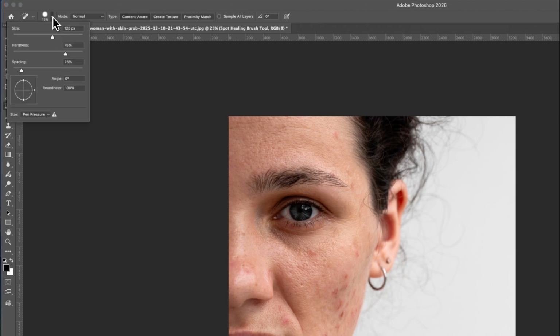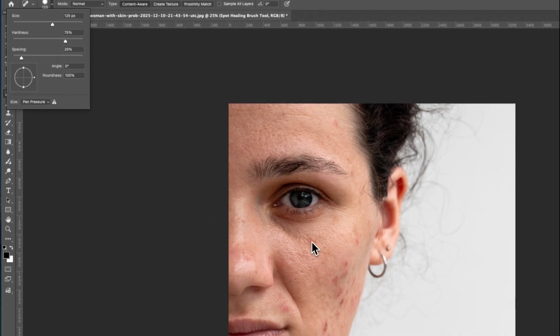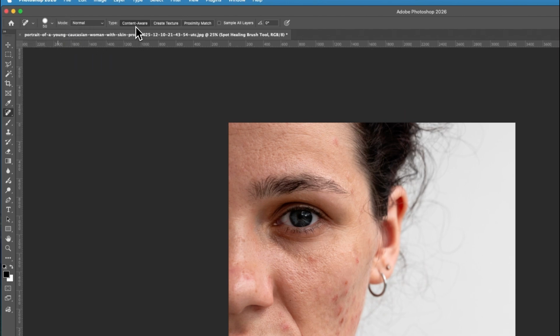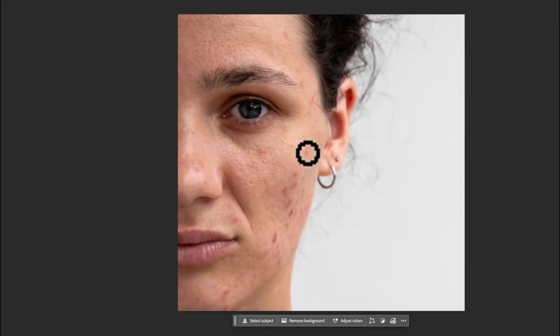Next, come up to your brushes and make your brush a size that's appropriate for your project. I'm going to go for around 50 in my example with a hardness of 75%. Make sure your type is set to content aware, and then you can just start clicking on the blemishes that